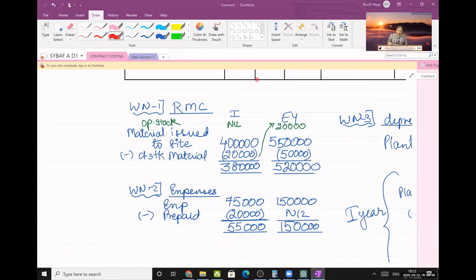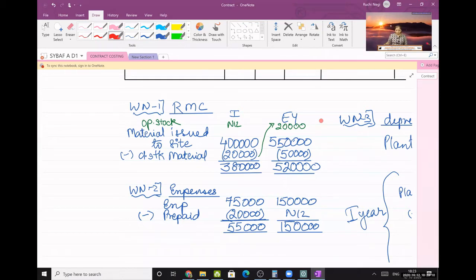So estimated year ka raw material consumed. Okay, this closing will become your opening. Yeah, don't forget this. In cost sheet we don't do this. Estimated cost sheet mein we don't do this. We don't assume closing to be opening in the next year. That is the biggest difference. काफी टाइम हम वो मिस्टेक भी करते हैं, हमें लगता है अच्छा एस्टिमेटेड, तो इन दैट फ्लो ऑफ कॉस्ट शीट हियर आल्सो वी मे नॉट टेक इट.